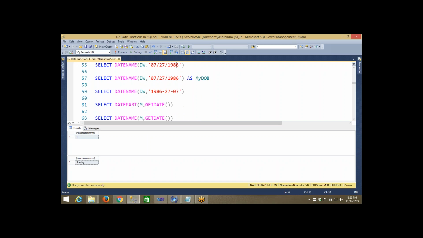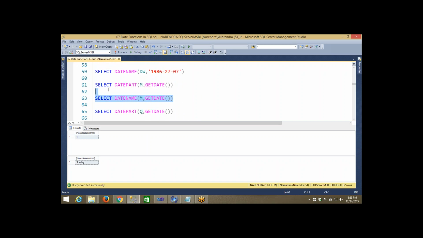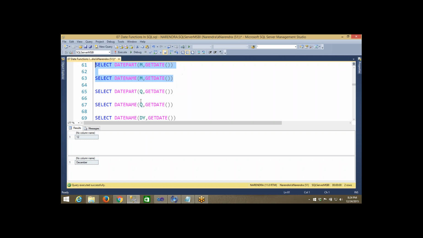This will be applicable only for two: day name and month name, because other things won't have names. We have the names of the week days and the names of the months. That's it. Do we have any other names? No. I know for other things we don't have any name, but if you pass forcefully,